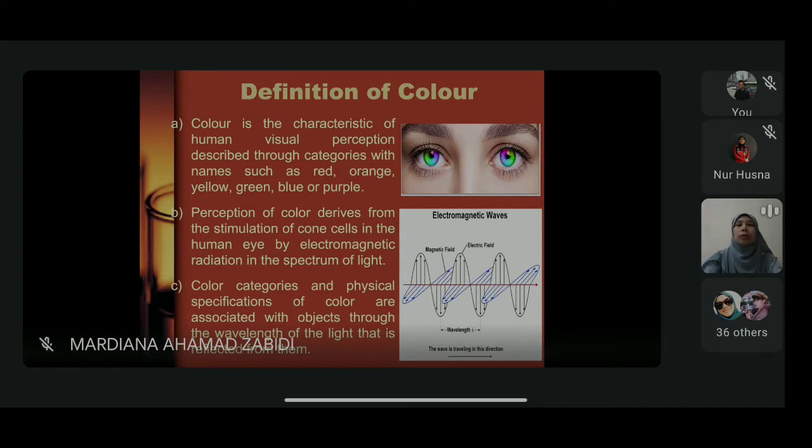So when you see a product that is red, it means you see that product at a specific wavelength. When the light touches the surface of that product, if the product is red,